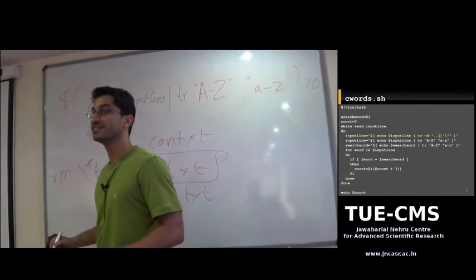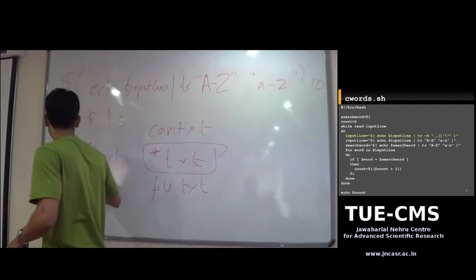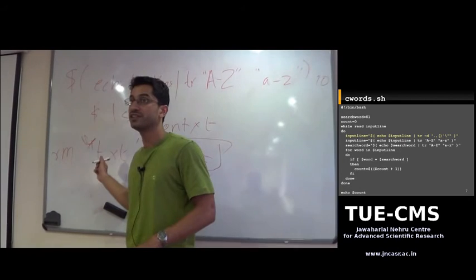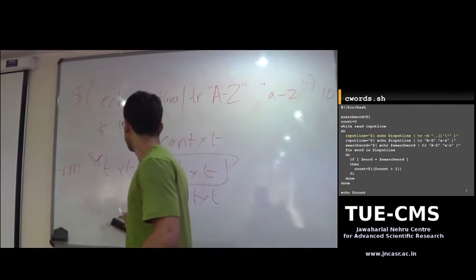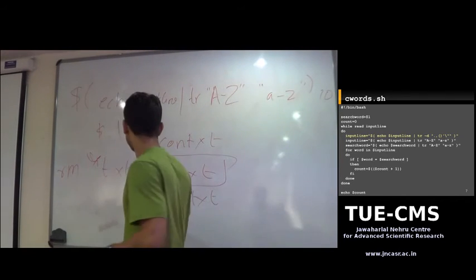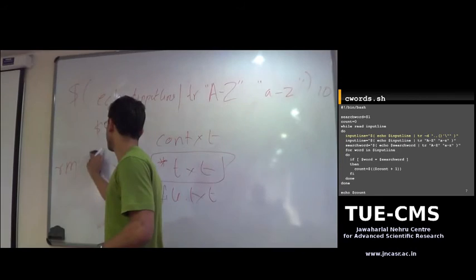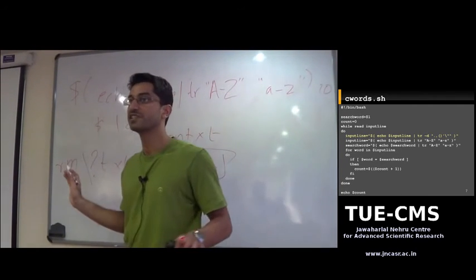There's another way to prevent expansion of meta characters: you put double quotes. Now there's a difference between using double quotes, single quotes and a backslash. I'll tell you that later. But now you should know how to remove the special meaning. This can be any meta character. Suppose it's a question mark. You can put a backslash and the special meaning of the question mark is gone.